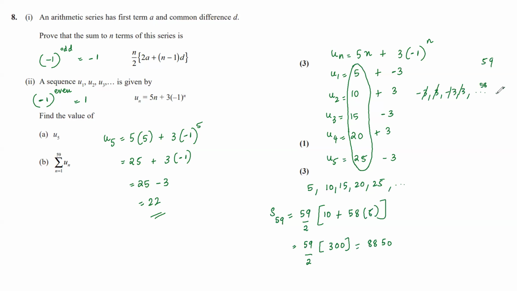So this keeps repeating till the 58th term, it just gets cancelled. And the 59th term will be minus 3. So that minus 3 will be still remaining. So along with this 8,850, you subtract that 3, you will get 8,847. This will be the final answer. Or else we have one more method here. The other method will be